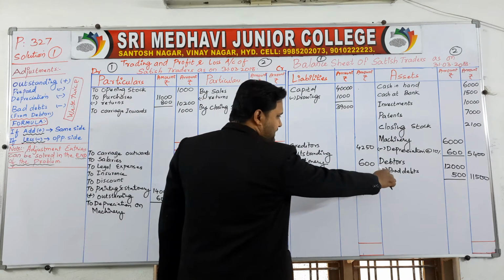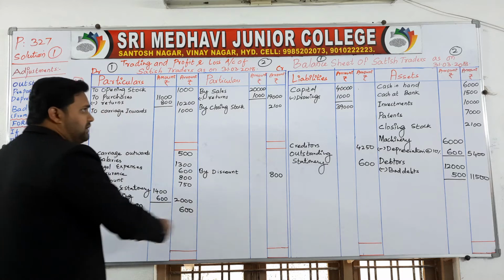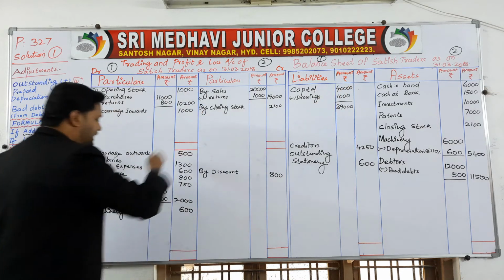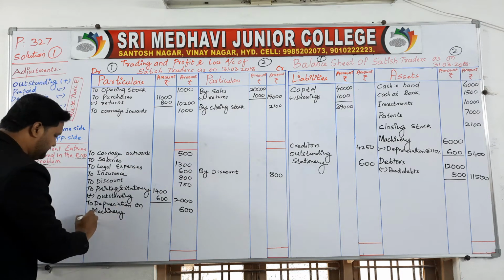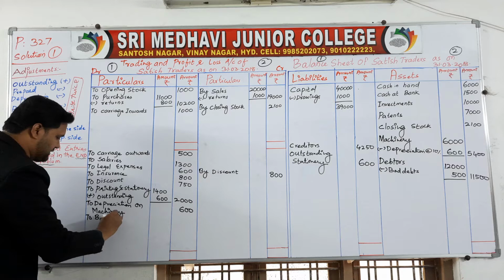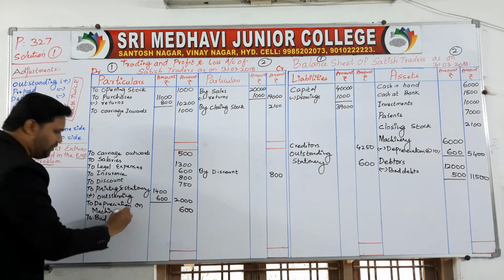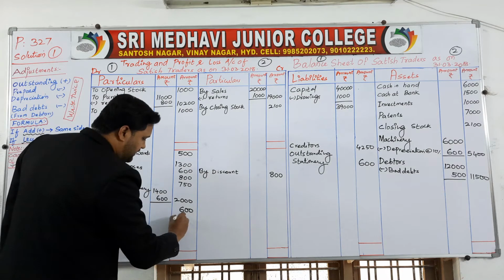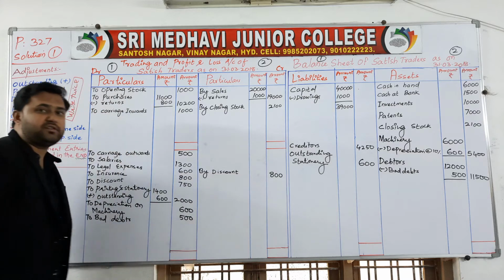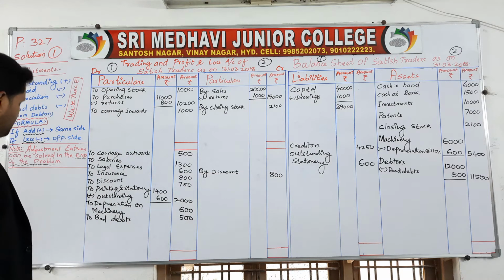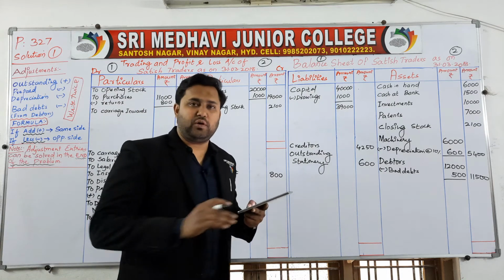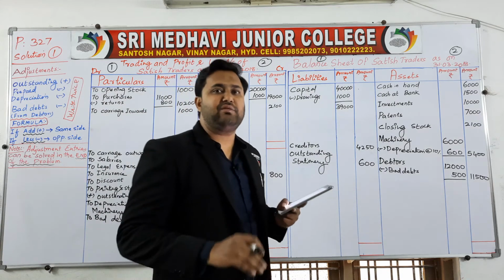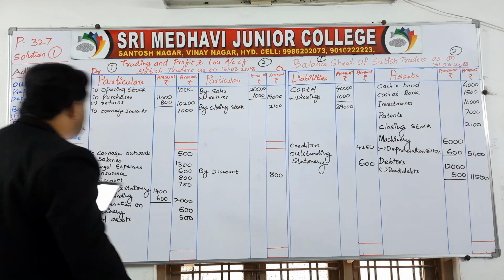If you have subtracted minus here, go for opposite side. For side 2, side 1 is the opposite. So write here bad debts. How much? 500. Now the adjustment entry is closed. What is the last adjustment entry? Prepaid wages. You have already skipped the wages because it is having adjustment. Now write the wages here.